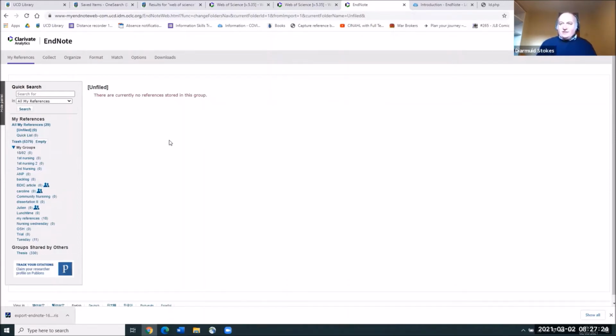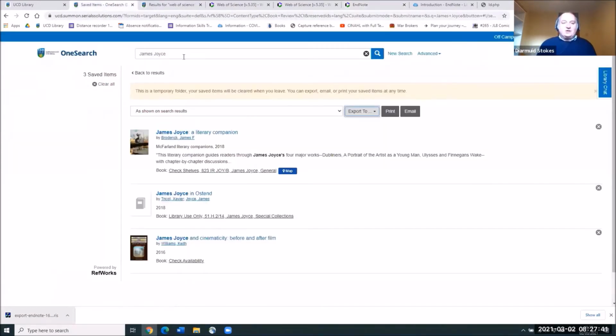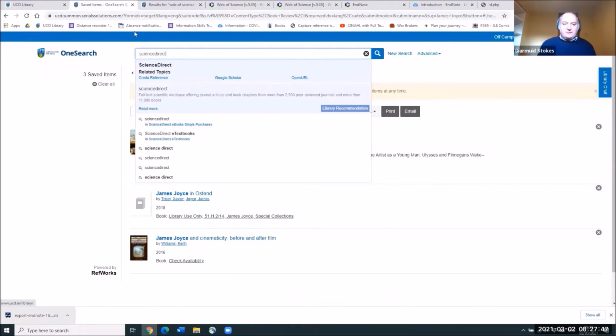And that's how easy it is to get references out of OneSearch. And you'll see as we go to another resource, it's generally the same way of getting your references out of that resource and into Endnote. So if we go back again to OneSearch, we'll try another resource called Science Direct, one of our largest journal providers. Just type in Science Direct as one word, click on search,